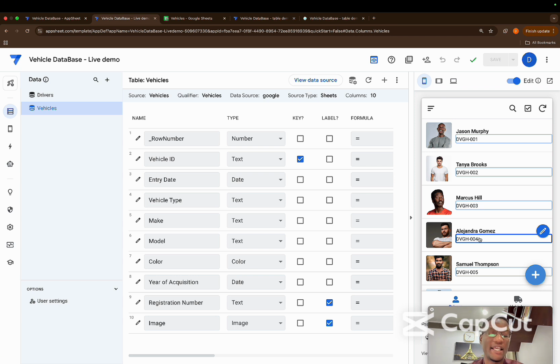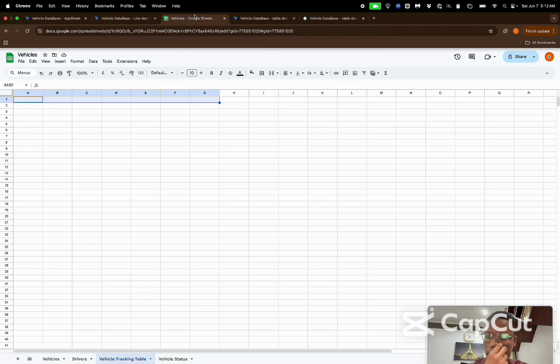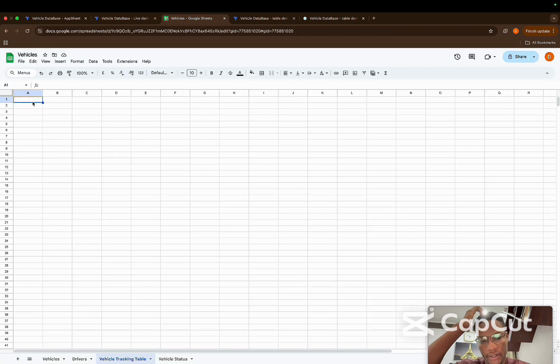So we're going to create a table that has basically the fields we need, and then we'll see how we can design something like a tabular form that allows us to make multiple entries at a go and save, and everything gets synced into the table of our choice. So I'm going to come here to vehicles, and then I'm going to create my